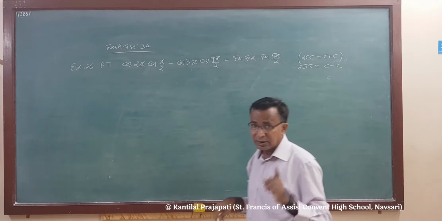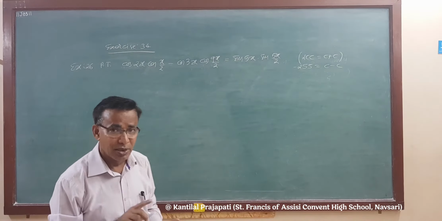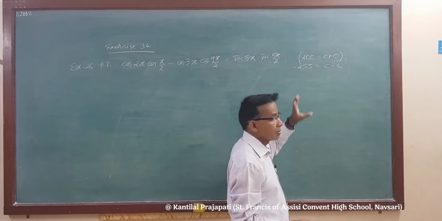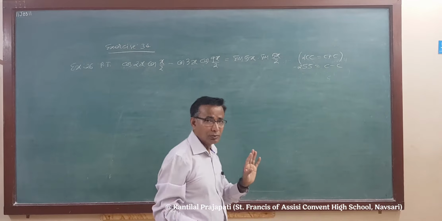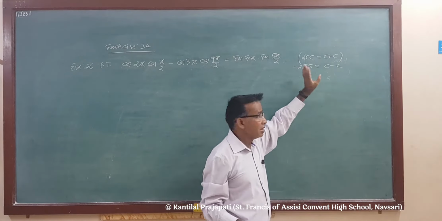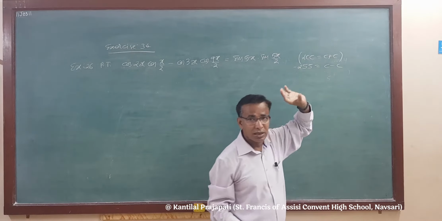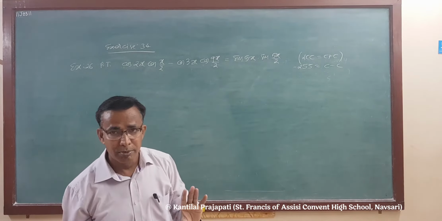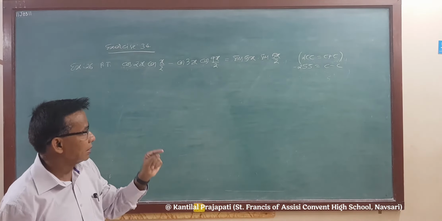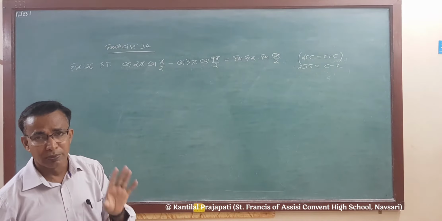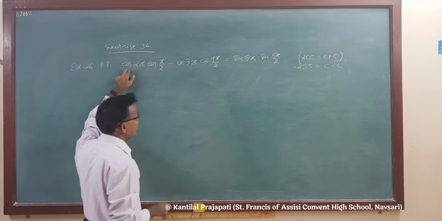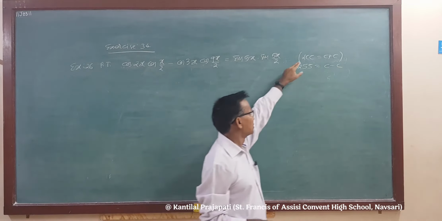Now, the second thing: when a product is represented as a sum or difference, the sum of angles or difference of angles is not divided by 2. That is, 2 cos x cos y will be simply written as cos(x+y) plus cos(x-y). Remember, but when a sum or difference is represented as a product, then the sum of angles is divided by 2, and the difference of angles is also divided by 2. So first we require 2 here to set this formula 2 cos A cos B.